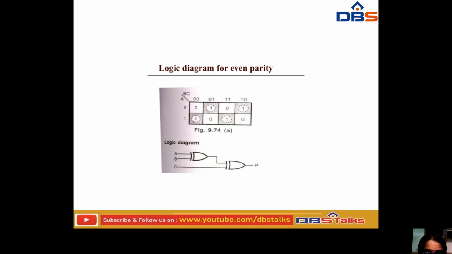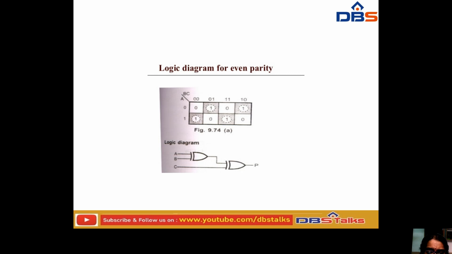Okay, this is a 3 variable K map. We already know how to draw this A B C, just like that we are going to draw here. Here, consider the A value as 0 and 1, and the BC values as 0 0, 0 1, 1 1, 1 0, just like that we have drawn here. If you write the logical diagram for that, we can write it like this.